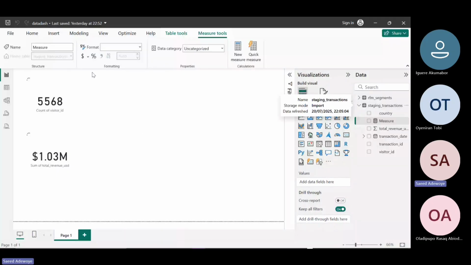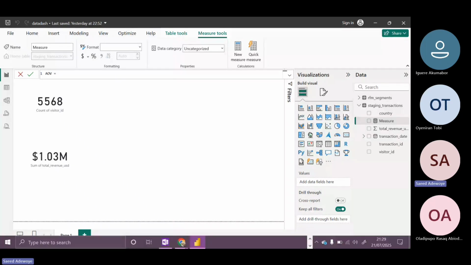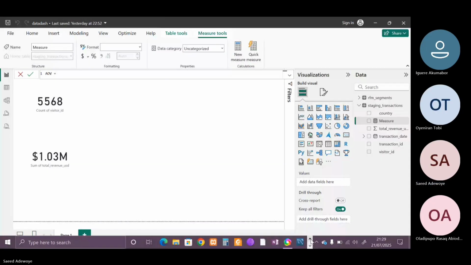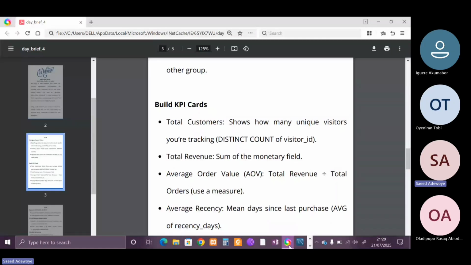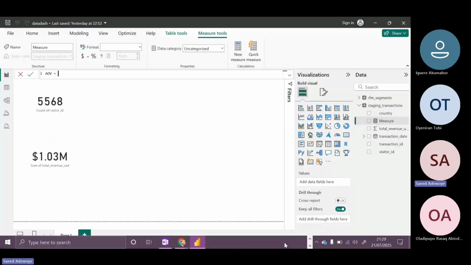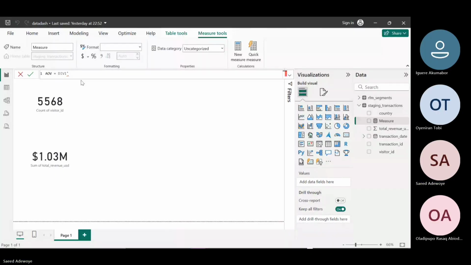And the measure we're creating now is the average order value, right? So that would be AOV equals, it's the division of total revenue by the total transactions made, right? Let me confirm that. Total revenue. Yeah, the total revenue divided by the total order, that is the total transactions made. So we can simply do that by using the divide function. Let's say divide. Enter. So we are dividing